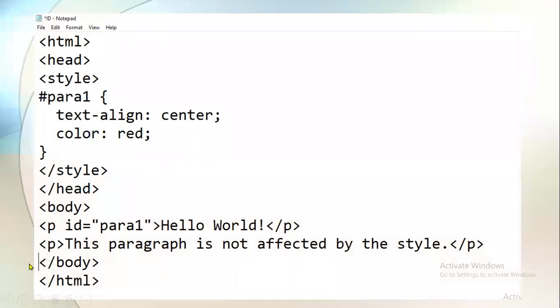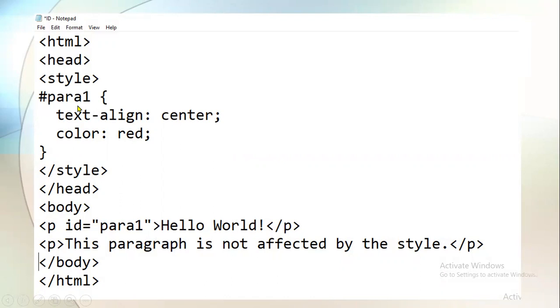Here is the example. I have taken two paragraph tags under my body tag. To one paragraph tag, I have assigned an ID. How can you assign an ID to a tag? You write the attribute id equal to, and under the double quotation marks, you write the ID name. Here you can write anything. I have written para1. So under the style tag, how can you access the ID? First of all, you need to use the hash symbol.